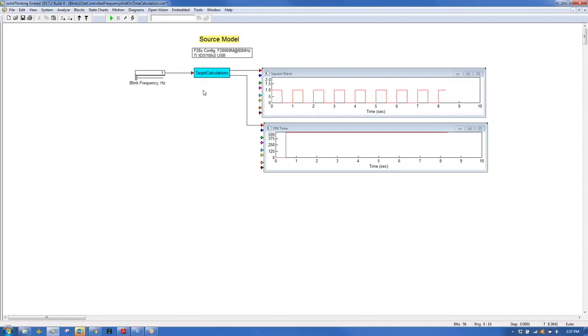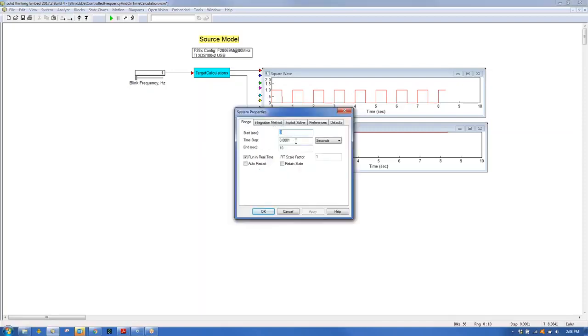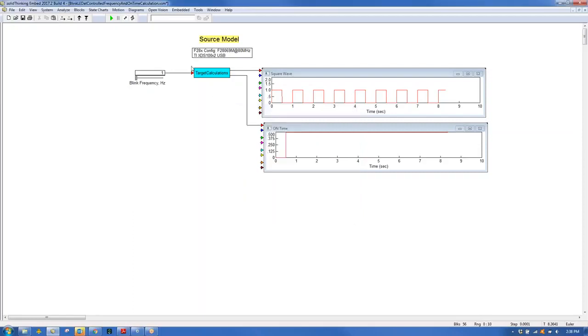So at this point, what I want to do is let's say that I want to run this source model at 10 kilohertz. So what I would do is go into System Properties, and okay, I've got this set for 10 kilohertz already. So it's 0.1 microseconds. And what I'll do is I will identify that target calculation block only by just lassoing it with a mouse. And this is different than what you just did. All I'm going to do is lasso it, and I'm going to create